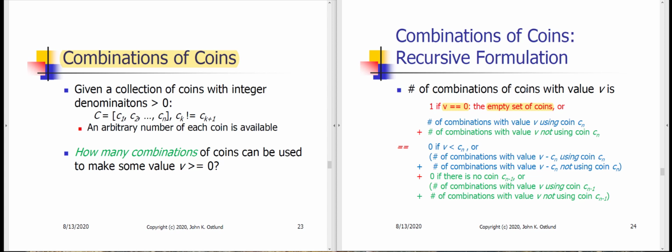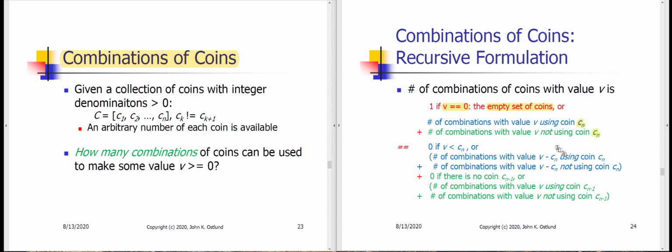Otherwise, if the value is greater than 0, then we can split this up according to whether we do or don't use the final coin. Okay, so I was going to say clearly, which is always a dangerous thing for a professor to say. So I will refrain from saying clearly. If we consider whether we do or don't use that final coin,